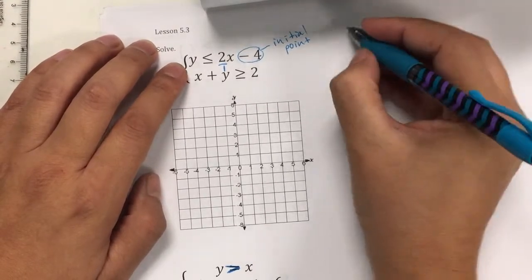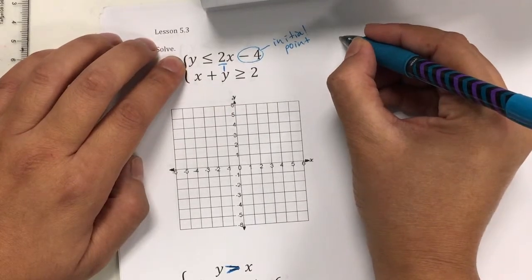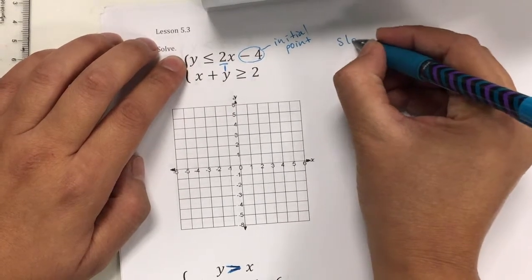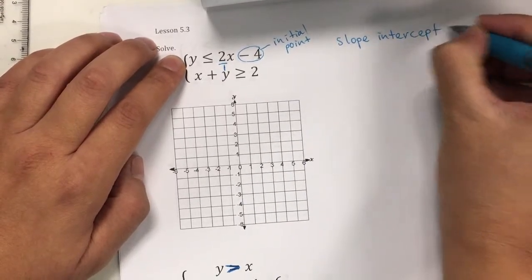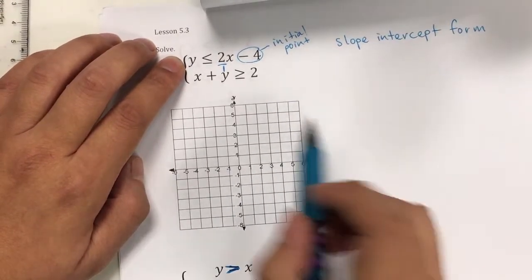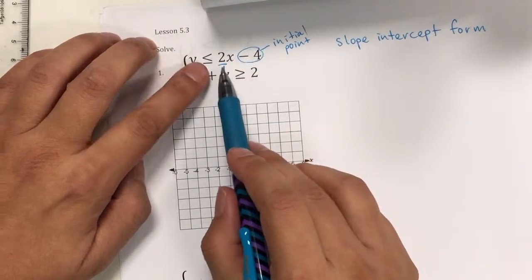And again, the name of this, when y is isolated, we say that this is called the slope-intercept form. Okay, and that's when we graph using the initial point, which is the y-intercept, and the slope, which is my